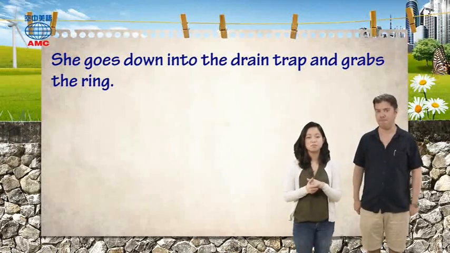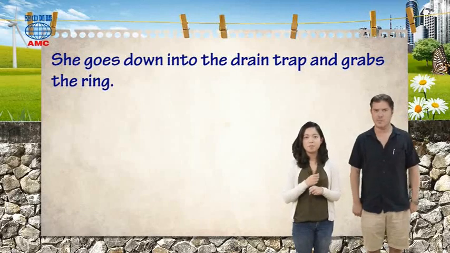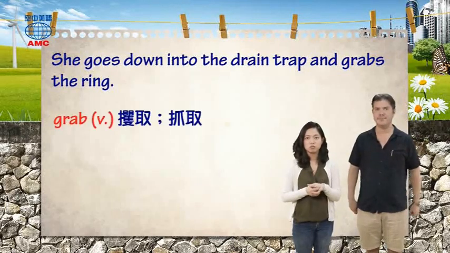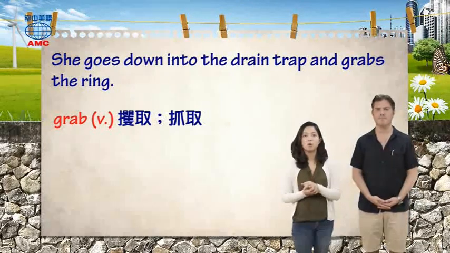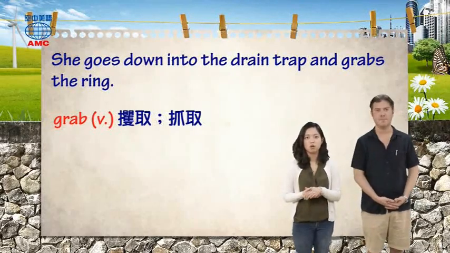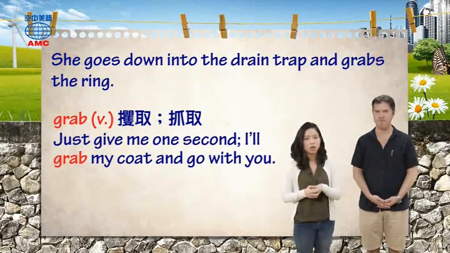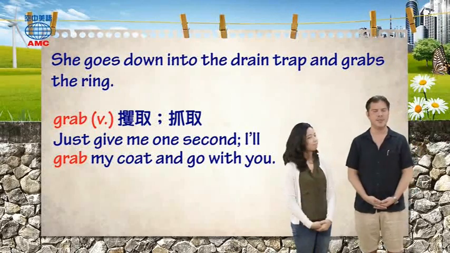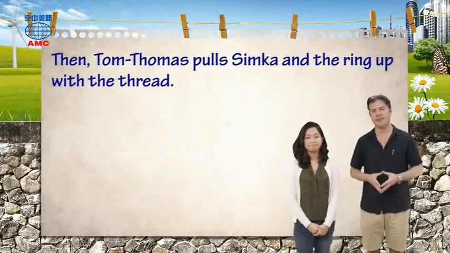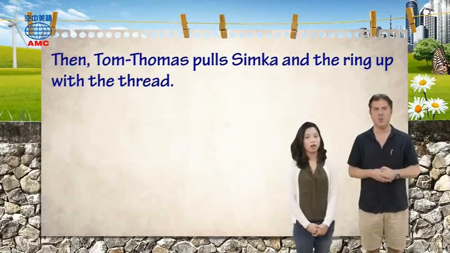我们记得它们很迷你，所以呢可以钻进这个排水管里。And grab the ring. Grab 这个动词呢就是很快速的抓，或是抓一把这样的意思。比如说，拿个很快一下拿个什么东西这样。比如说，just give me 1 second. I'll grab my coat and go with you. 就是我拿一下就跟着你走这样的意思。So once Simca's grabbed the ring, it says then Thomas pulls Simca and the ring up with the